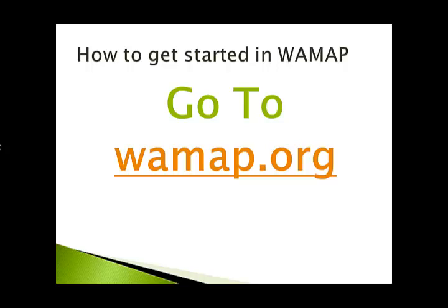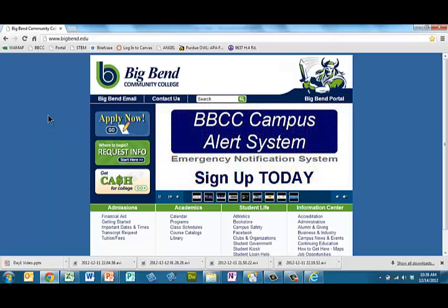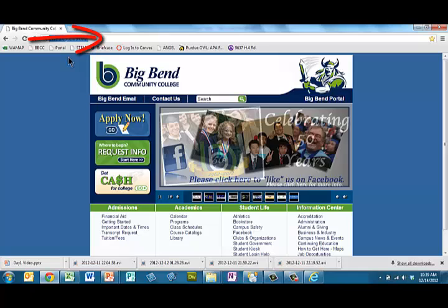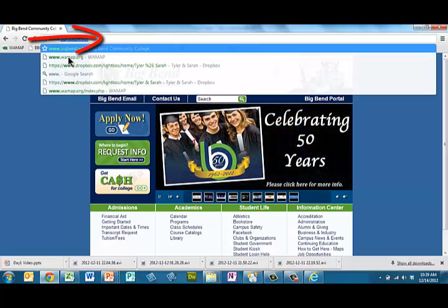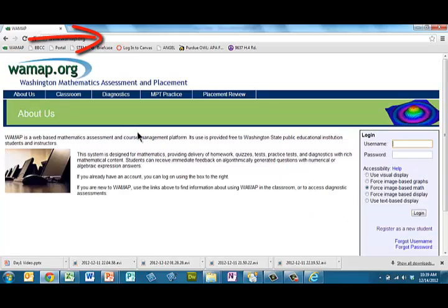Let's take a look at the online website where you'll be watching your videos and completing your homework. You'll need to open up a web browser and find the address bar usually located in the top left corner of the screen. You'll need to type in www.wamap.org and click enter. This is the website that should pop up. Find register as a new student and click on it,